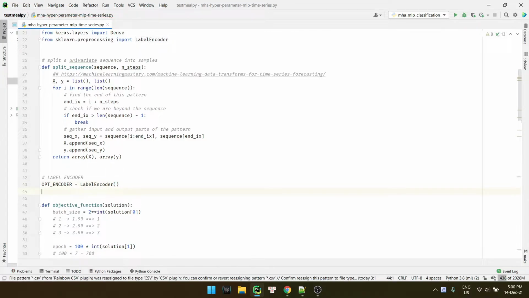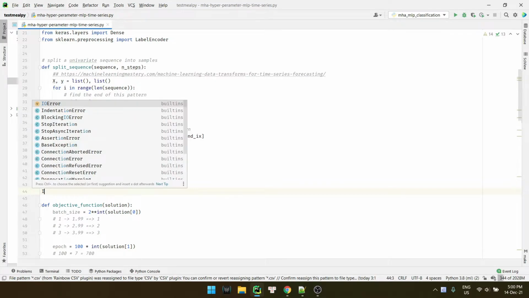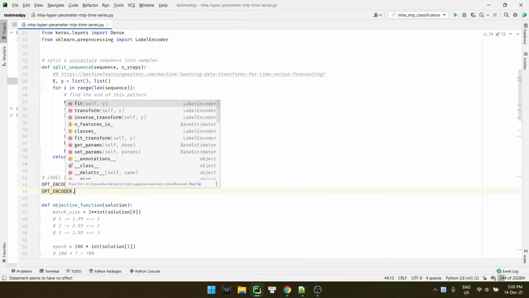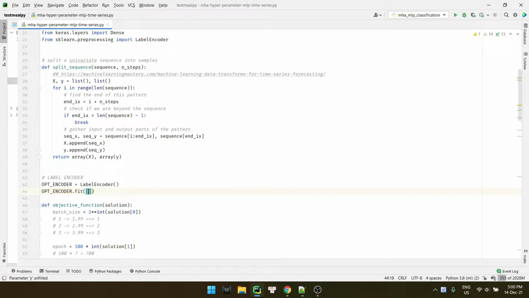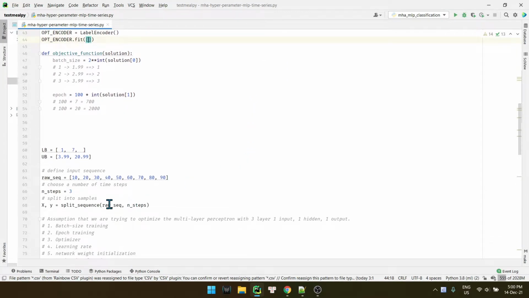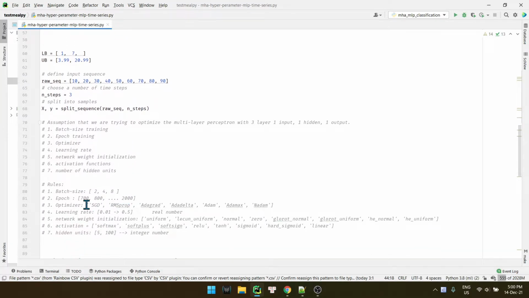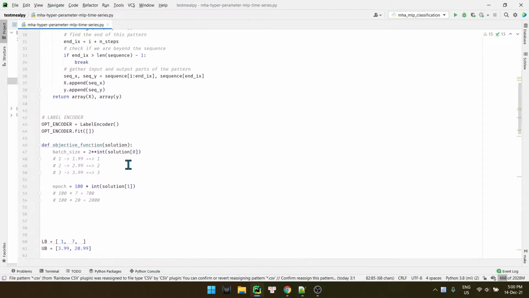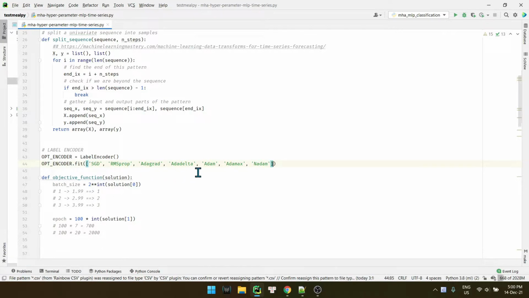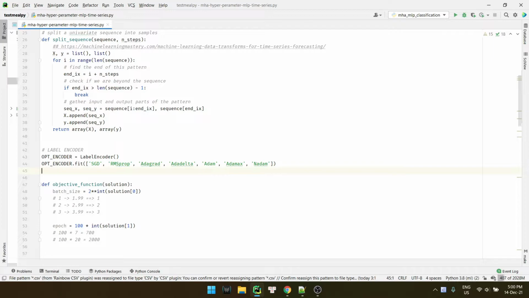We create an object, and we fit the encoder with the values right here. We fit the values as a Python array.